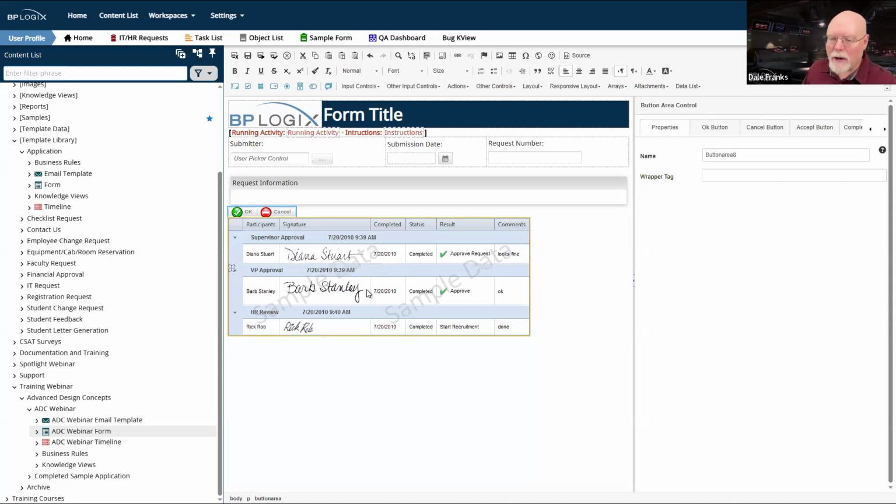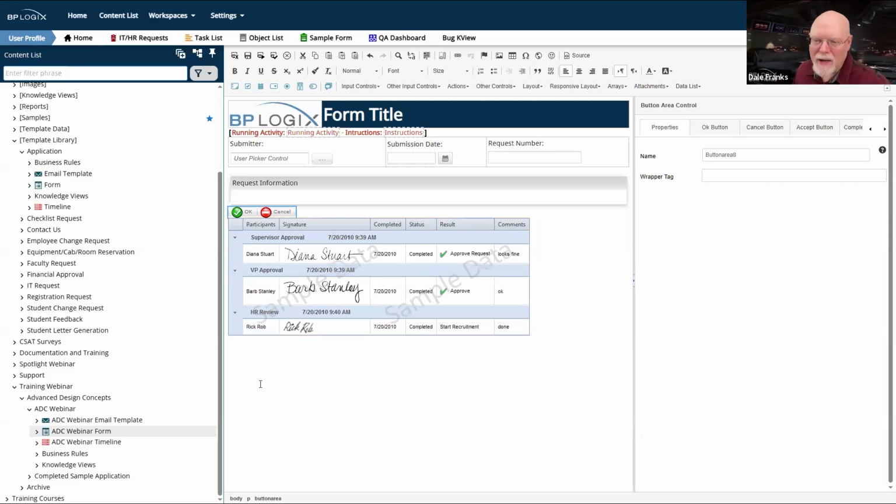If we're going to have a routing slip on the form, which we usually do, then we do not want to force users to scroll through it, especially if you have a lot of approval activities. And some routing slips can get pretty long, and it's super tedious to be forced to scroll through the entire routing slip. So have a button area control on the form, and always put the routing slip below the button area control, so that once the user's finished reading the form, if they want to complete their task, they can complete their task. If they want to review the entirety of the routing slip, let's make that optional, not mandatory.